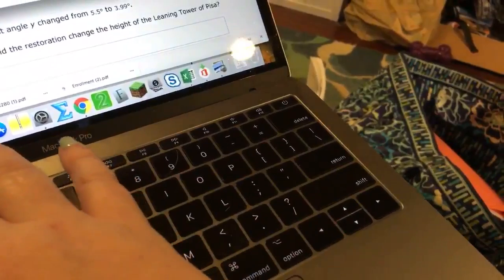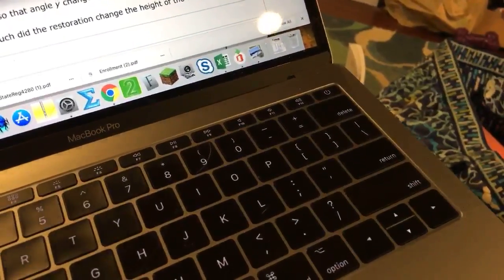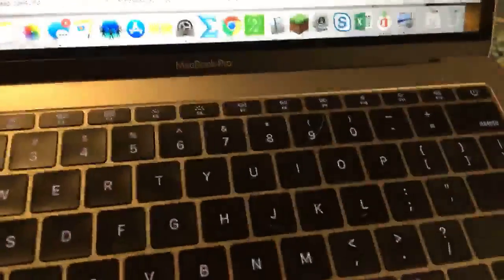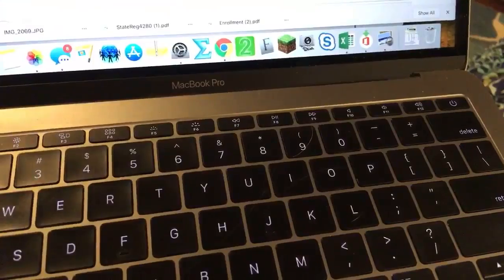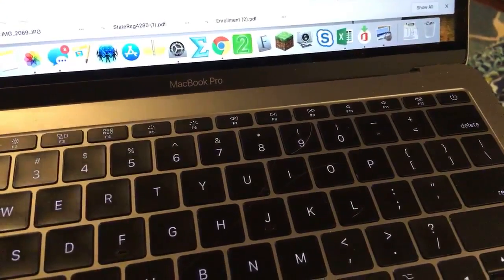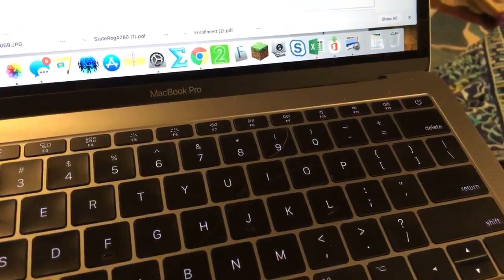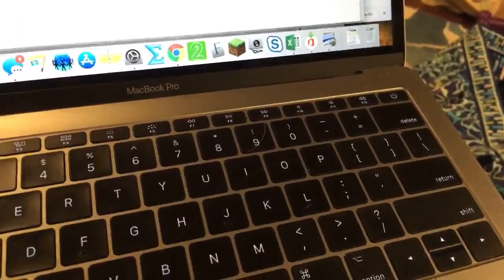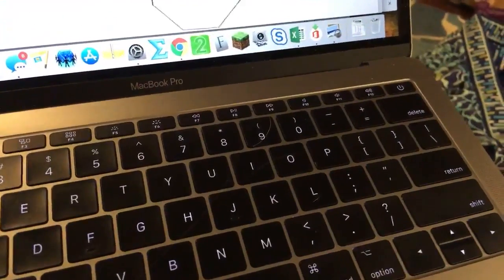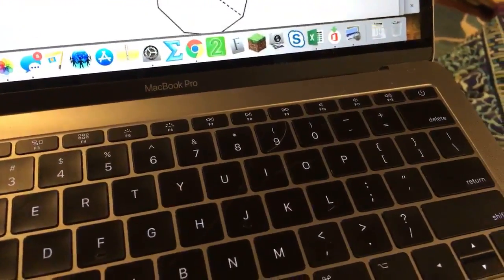Sections 11 through 13 study guide answers. Where's the study guide? Okay,